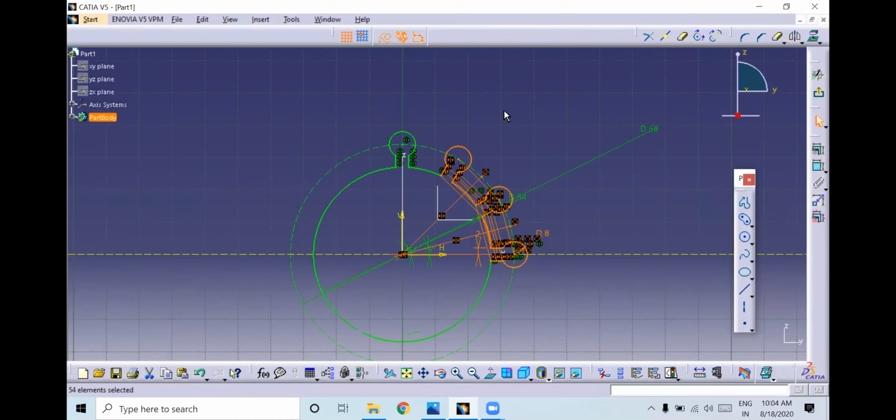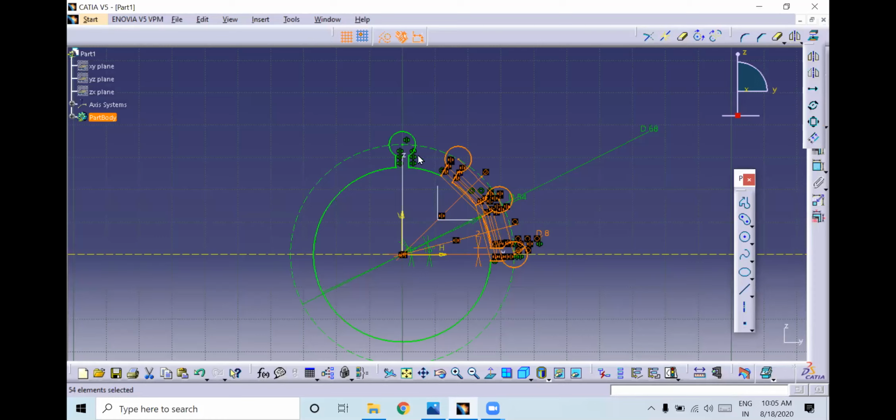Sir, can't we make a pattern of that all at once? In CATIA it is not possible. We have a pattern option, that's why I have not explained it to you. We have rotation and translation here. Especially in CATIA we can't do pattern, so we have to use mirror itself. In SolidWorks and NX CAD you can do pattern.